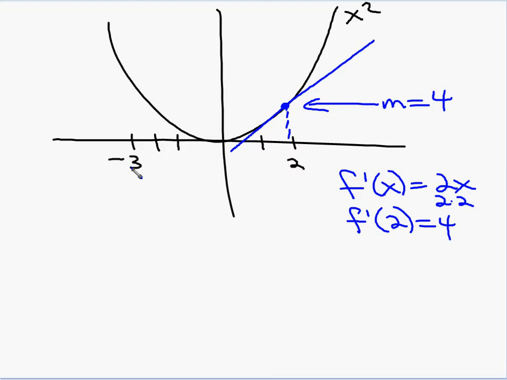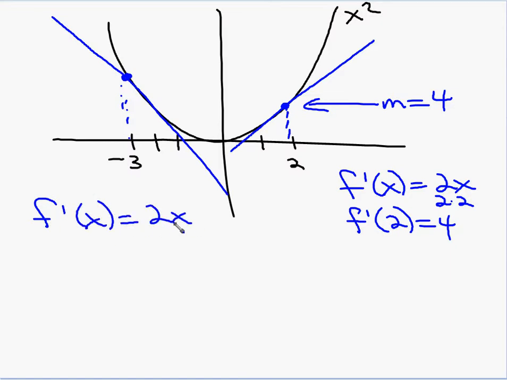Plug in -3, that is correct. So what am I looking at? I'm looking at the slope of this tangent line. Now what does common sense tell us? Should that slope be positive or negative? Negative. It should be negative. So if I use f prime of x equals 2x, my general slope